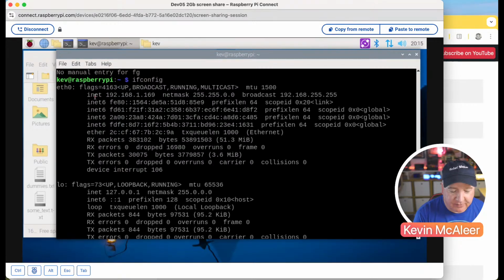So there are different protocols that can run on your interface. So you can have IP version 6, and you can also have IP